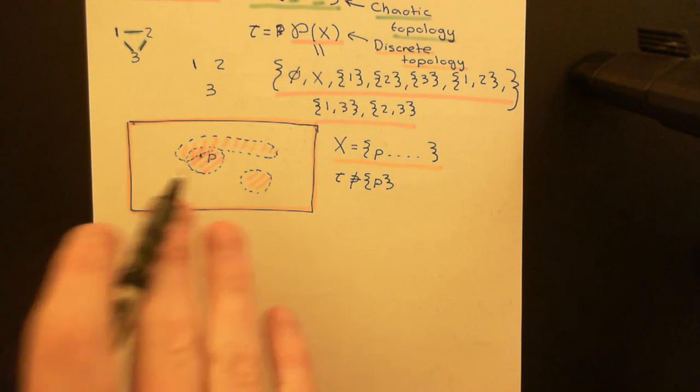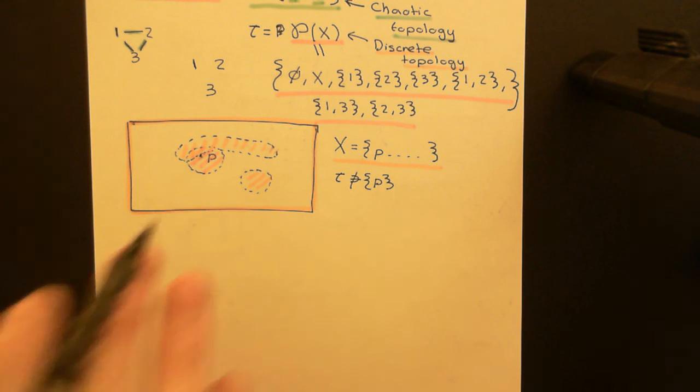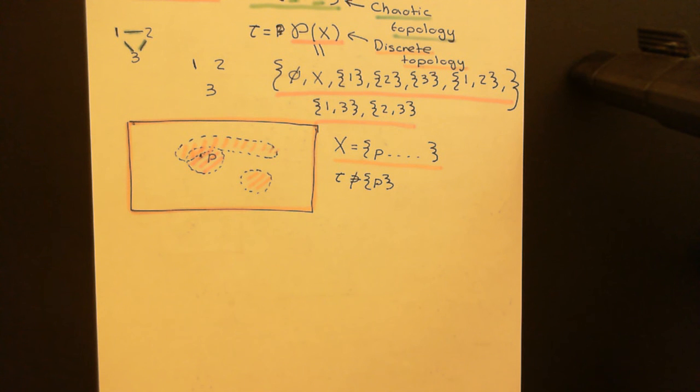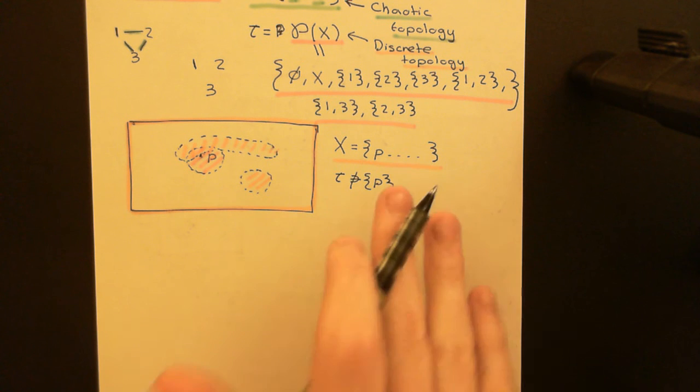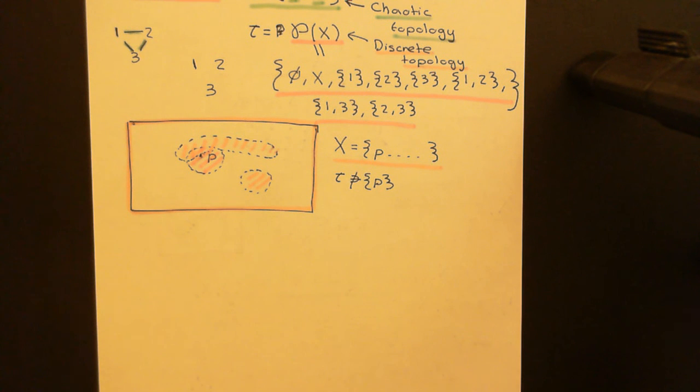So that intuitively is how we can capture this notion of which points are connected, or which points are next to other points in this set, by defining this topology, which is this set of subsets of the set capital X. And I think I will call it quits there whilst I'm ahead,